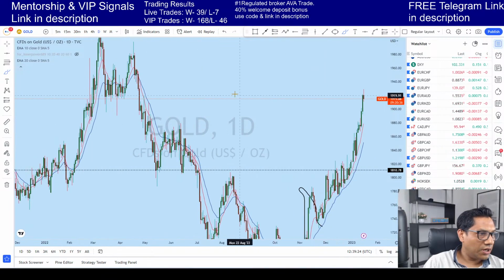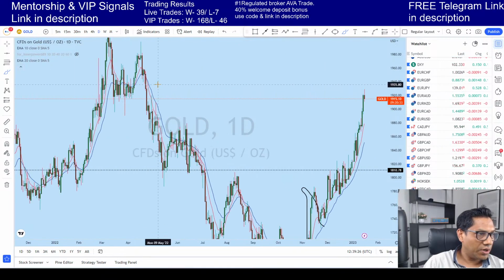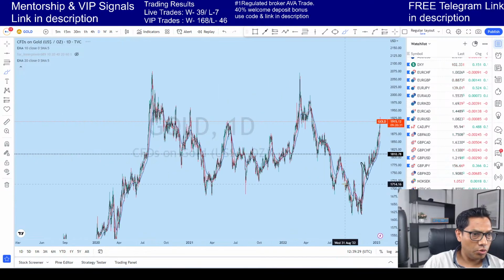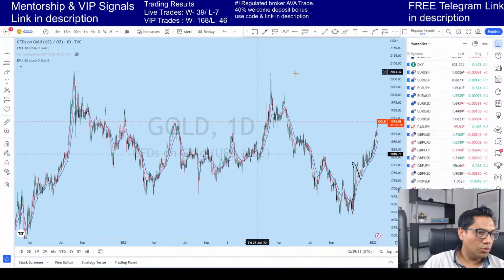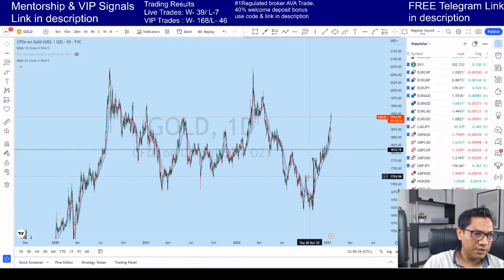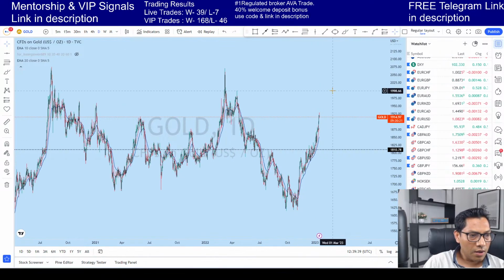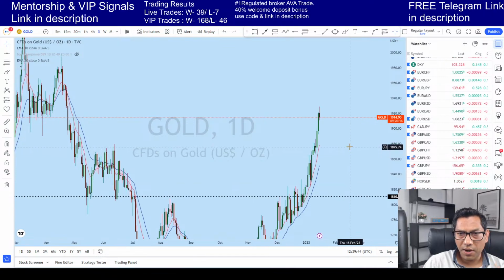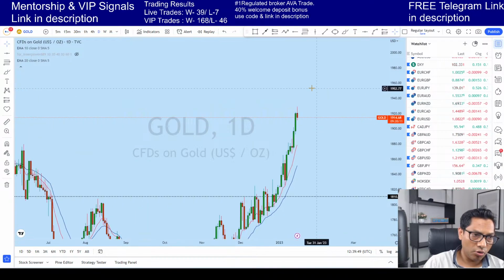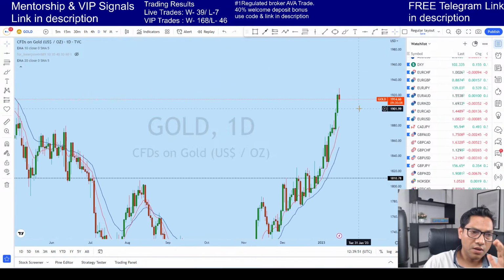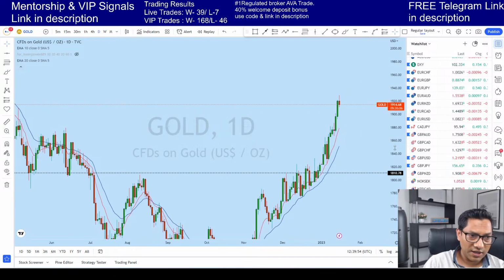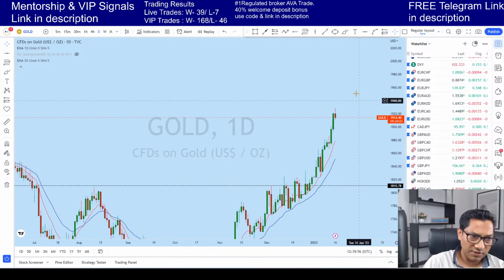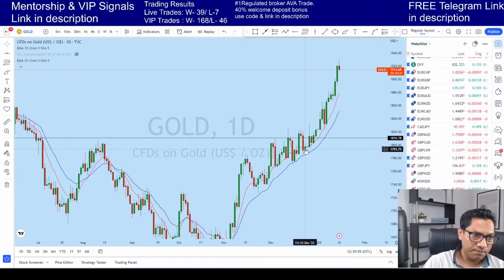Now on the daily, where we can relate this information, if we zoom out, we see that this market is in fact very overextended. Now one thing we need to keep in mind, guys, the most important part in trading is not to guess but to rely on market structure and price action. Market structure on gold is still bullish. It's a strongly bullish market, still valid.